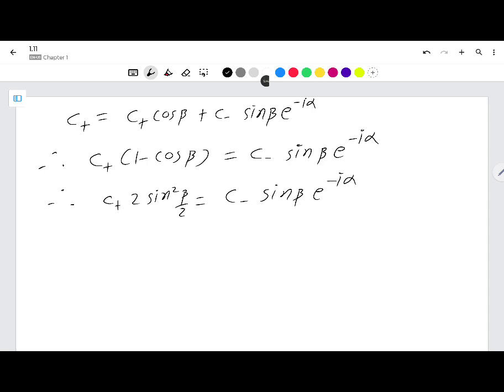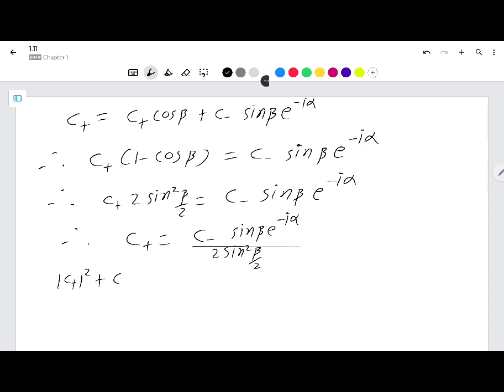Okay, so C plus is equal to C minus sine beta e power minus I alpha over 2 sine square beta by 2, and we know that C plus square plus